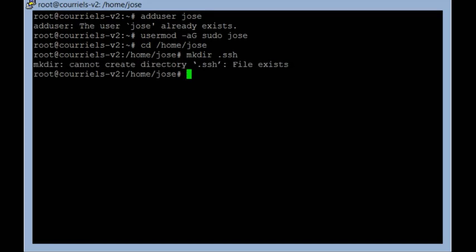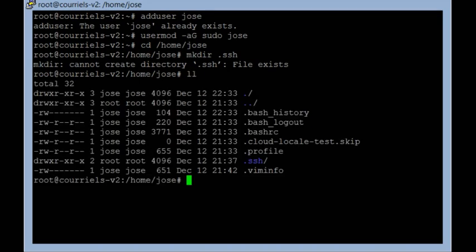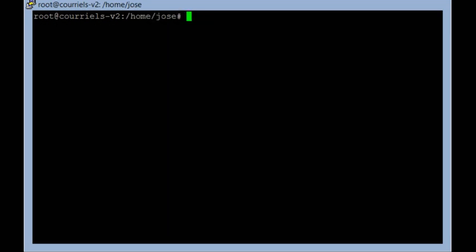As it already exists, there's an error message here, but you shouldn't have one. So if I just see what's in there, there's an SSH folder. So now I am going in the SSH folder of my user.